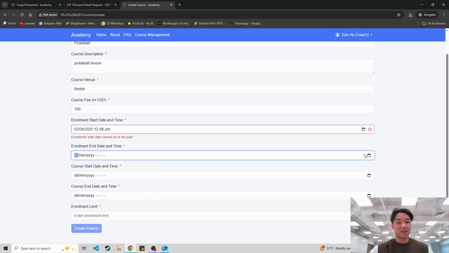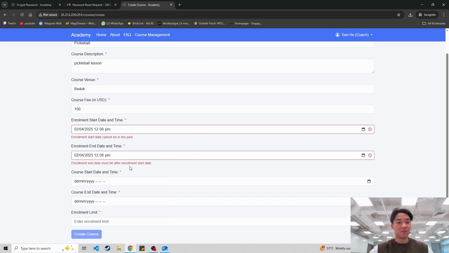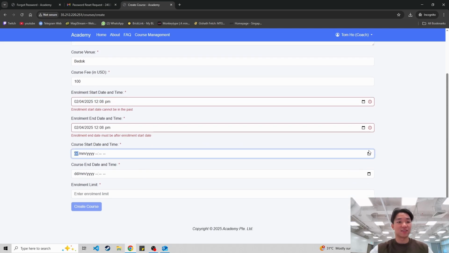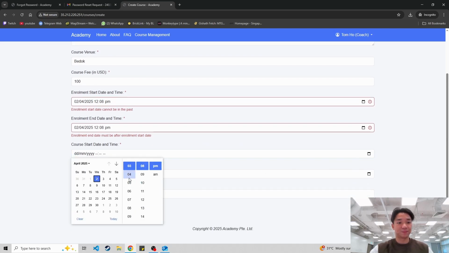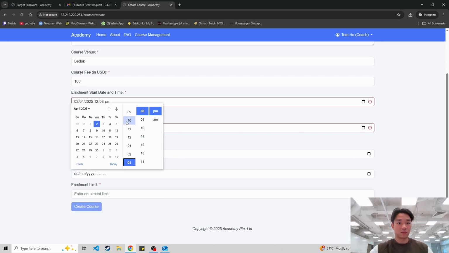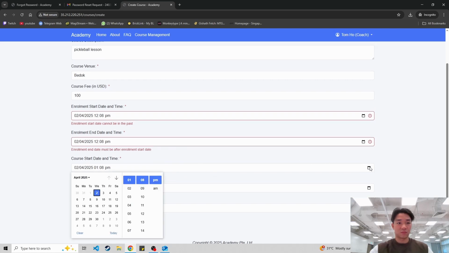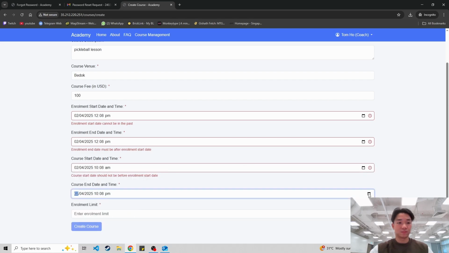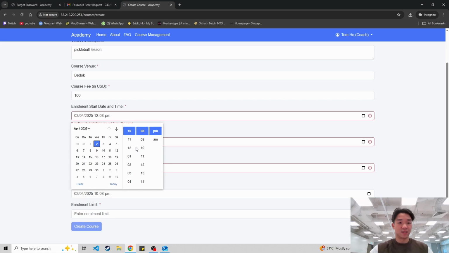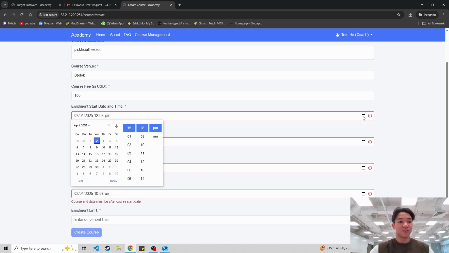And as for the enrollment end date, if we put it behind, you'll get this error. It must be after the enrollment start. Same with the course start time and course end date. So there is a validation checker. So for demonstration purposes, I will be putting the